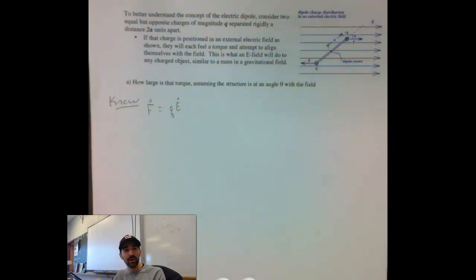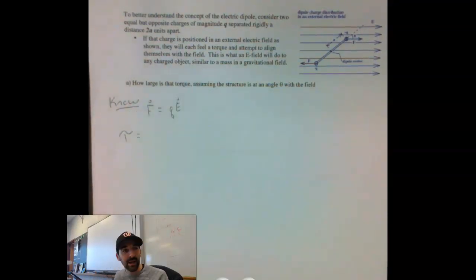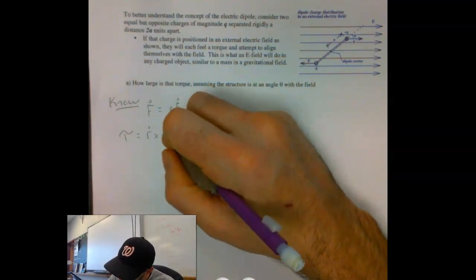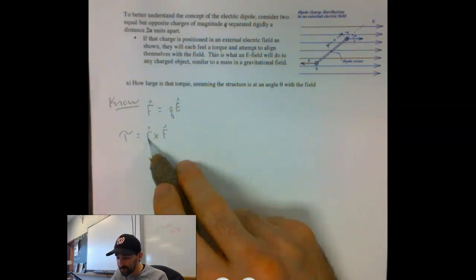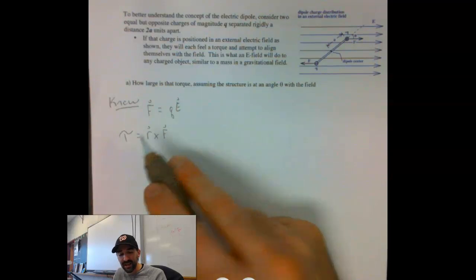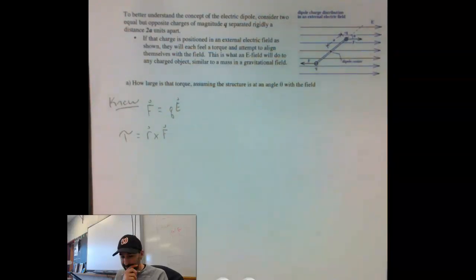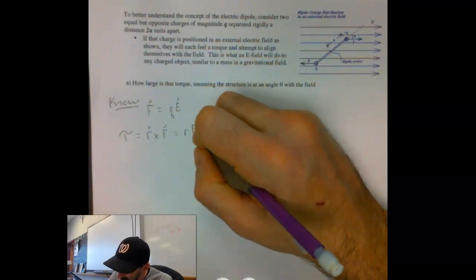Well, I also know that if this thing is like this in this field, because of those charges, it's going to want to rotate in one direction or the other. And that rotating force we know as a torque. By definition, torque is always just an R cross F. Simply put, it's our separation distance R and the force that gives us our torque, where the separation distance is the distance from the rotation point. And I know that it's just going to be R F